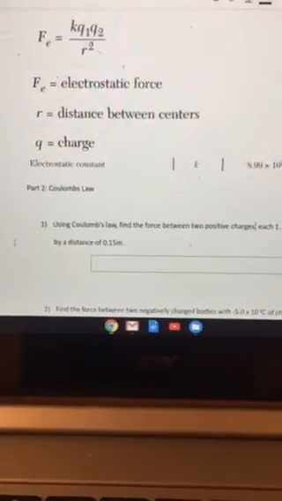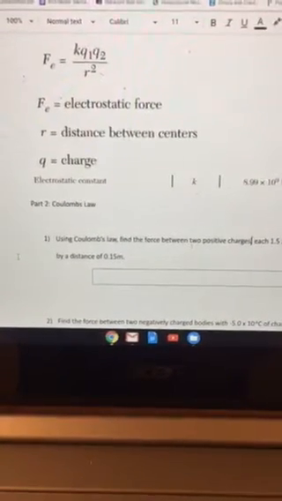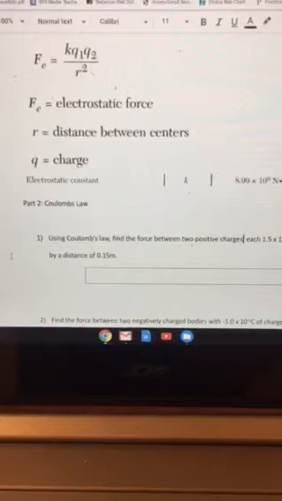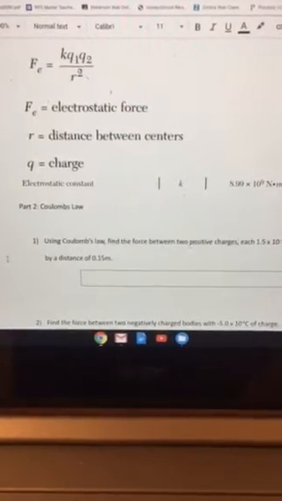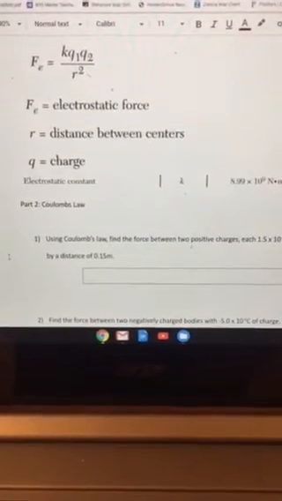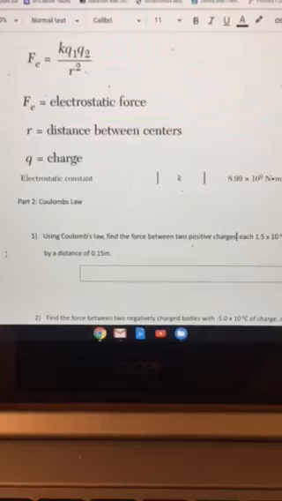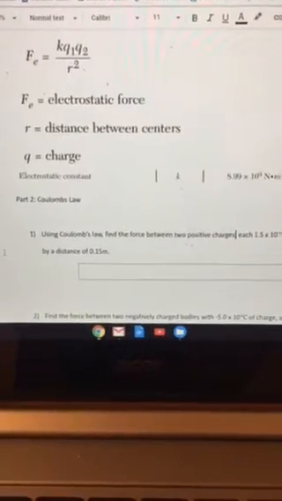Hey now, this is a video for solving the Coulomb's law equation, which you can see on the screen that I'm showing you. That is the equation Fe equals K Q1 Q2 divided by R squared. And this is basically the equation to find out what the electrical force is between charged objects. And so using this equation, we're going to note that